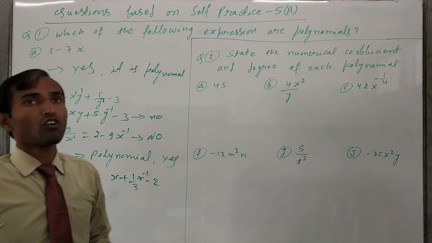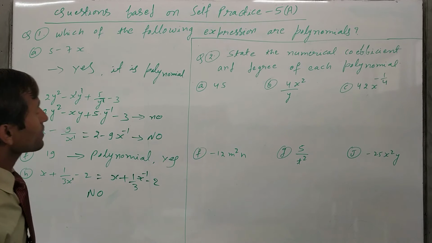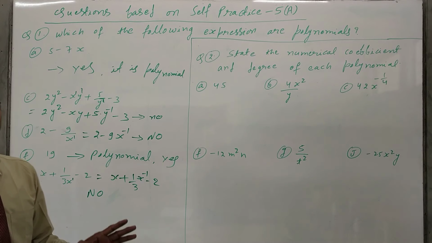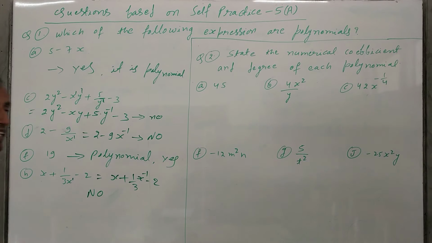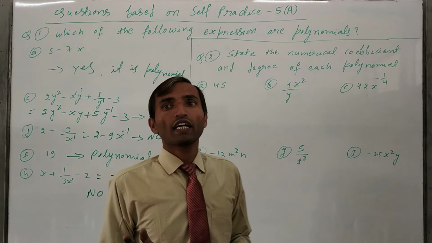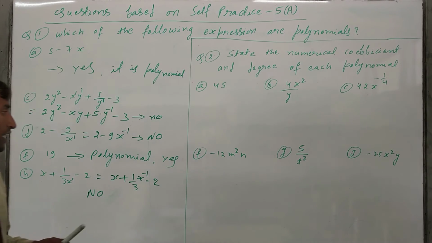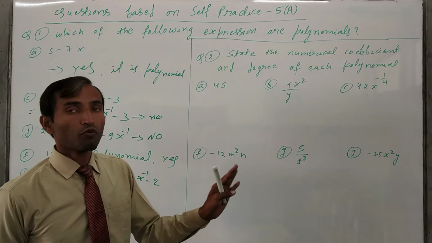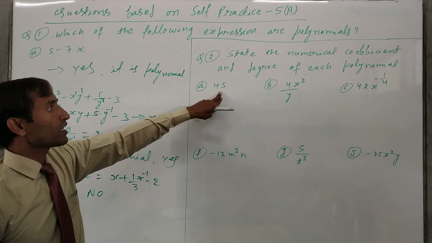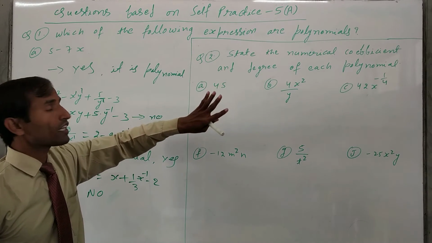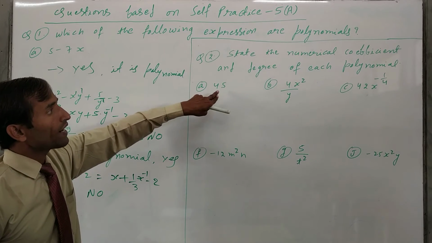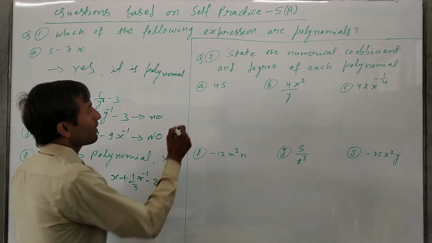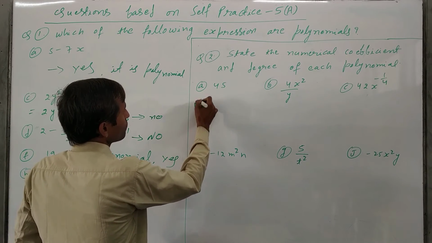Degree I have already explained through the video definition: degree means the power in the algebraic expression that is a polynomial. If it is a polynomial, then we have to find the degree, otherwise not, because degree is defined for polynomials only, not for algebraic expressions that have negative powers. In that case degree is not defined. So this one is a polynomial. Here no variable is there, so degree will be 0 and the numerical coefficient is 45 only.